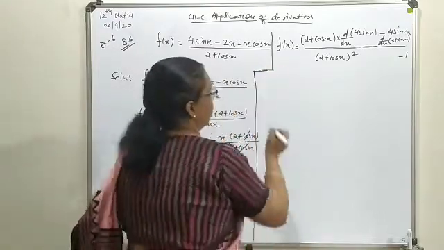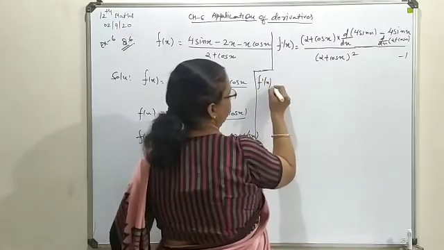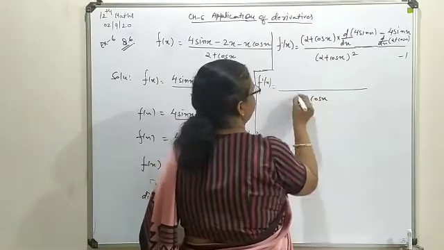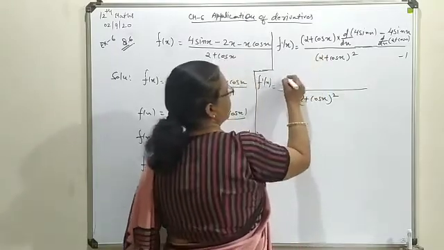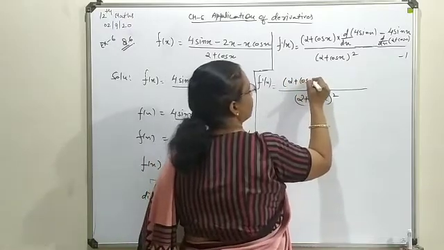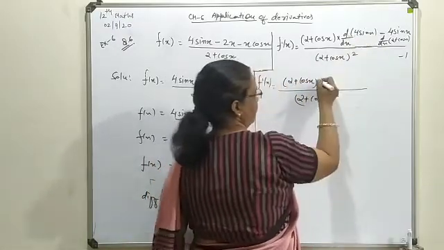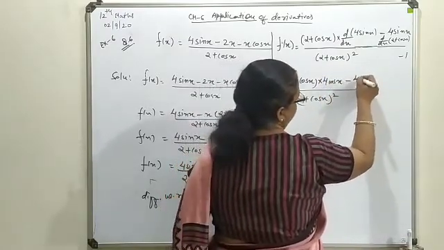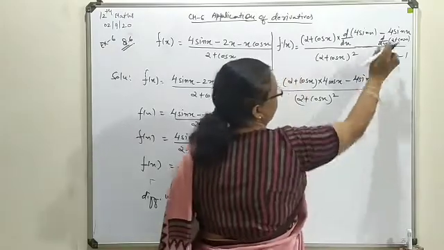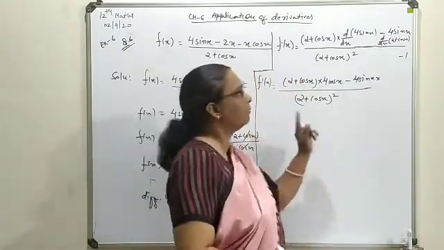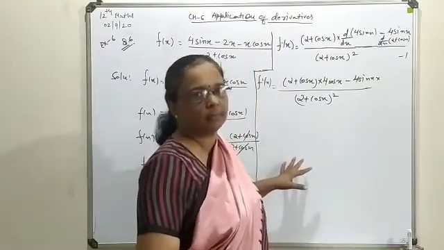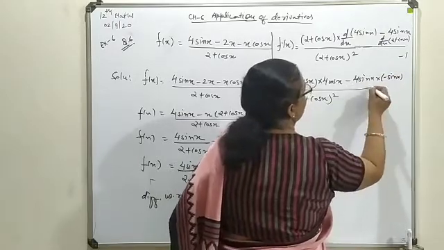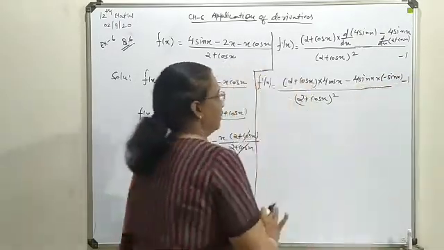Let's simplify here. This is 2 plus cos x whole square. Write the derivatives everywhere. This is your 2 plus cos x. Differentiation of 4 sin x means 4 cos x. Further, this minus 4 sin x you will keep as such. Differentiation of 2 plus cos x: for 2 it will be 0 and for cos x it will be minus sin x. So this minus sin x you will write, or directly you can also write it as a plus, and this minus 1 you will keep at the last position.